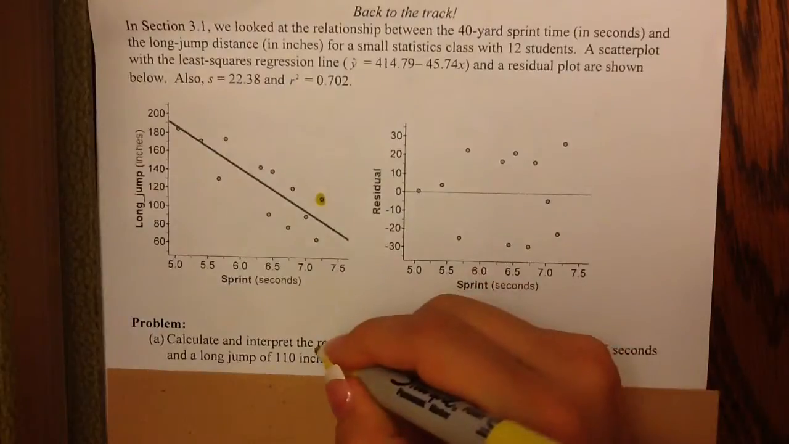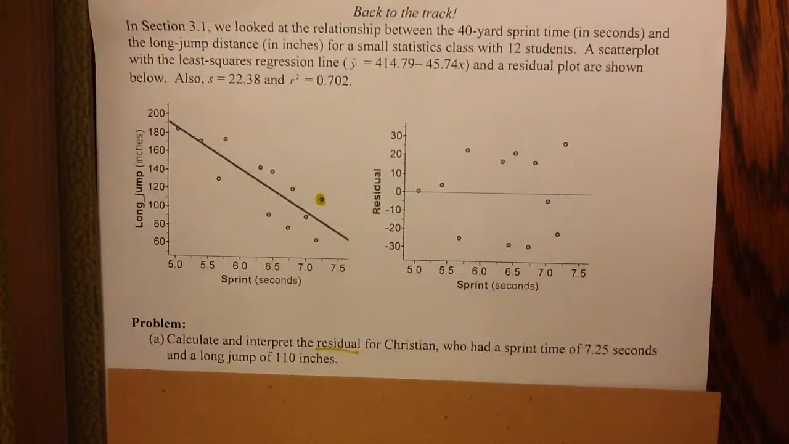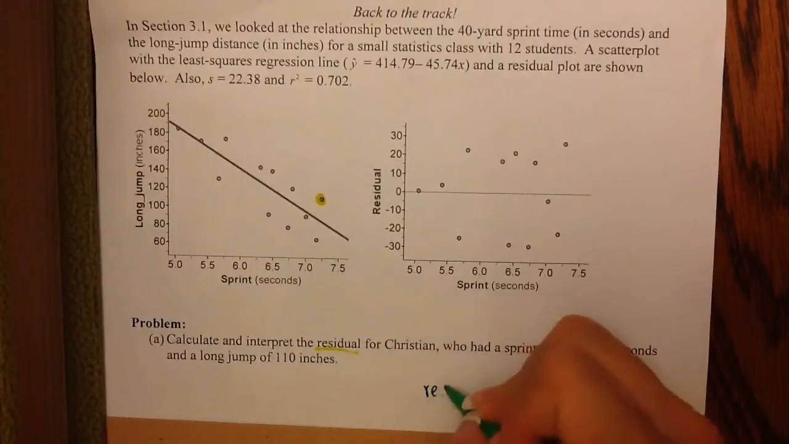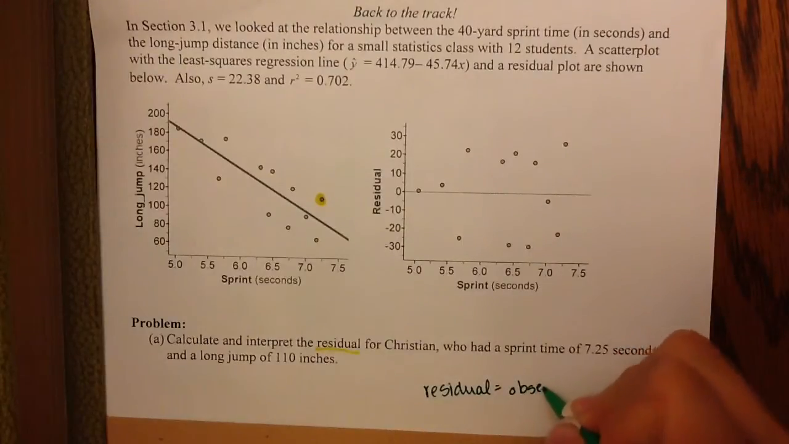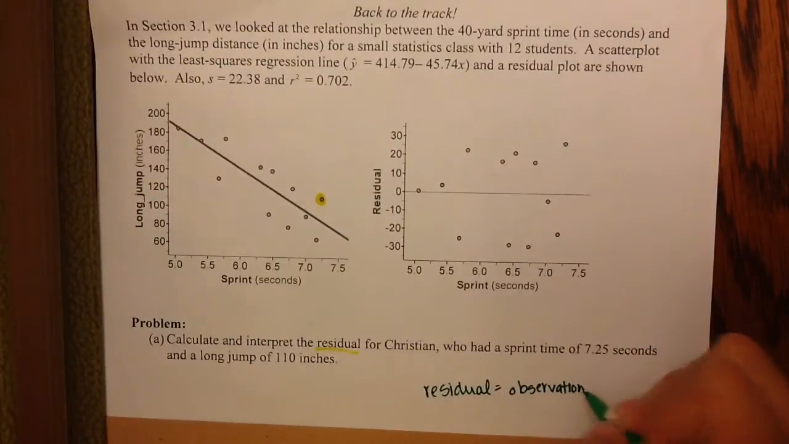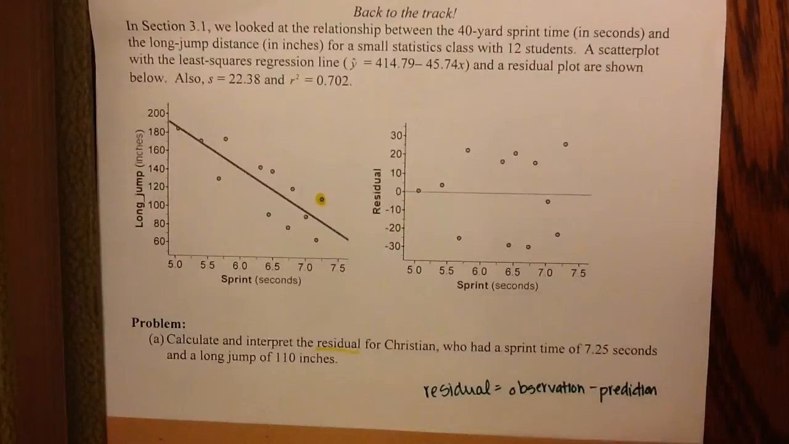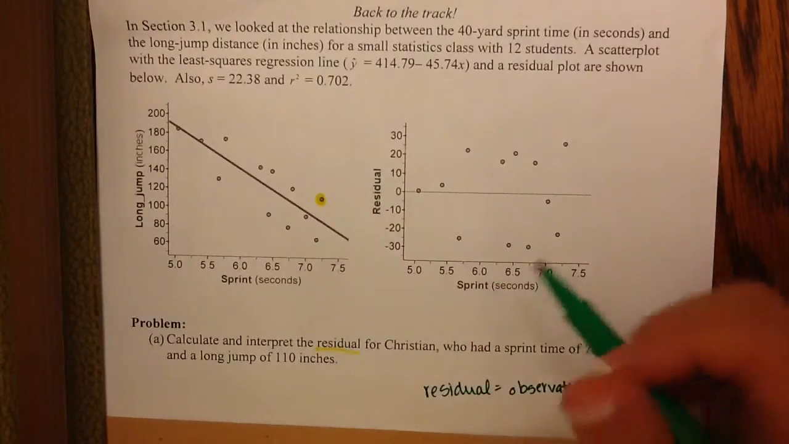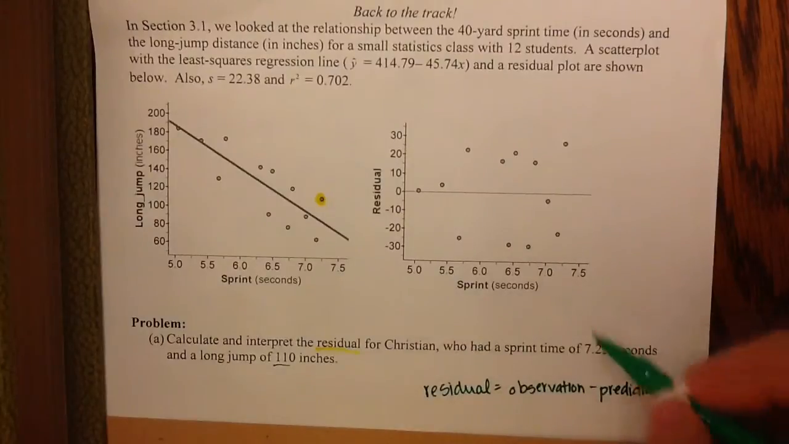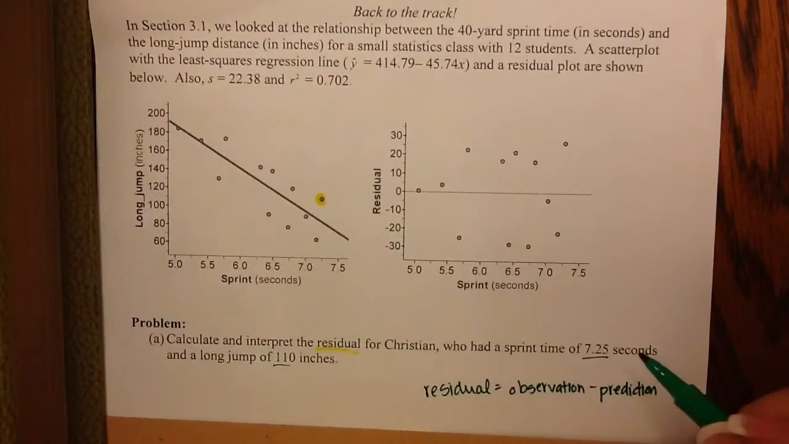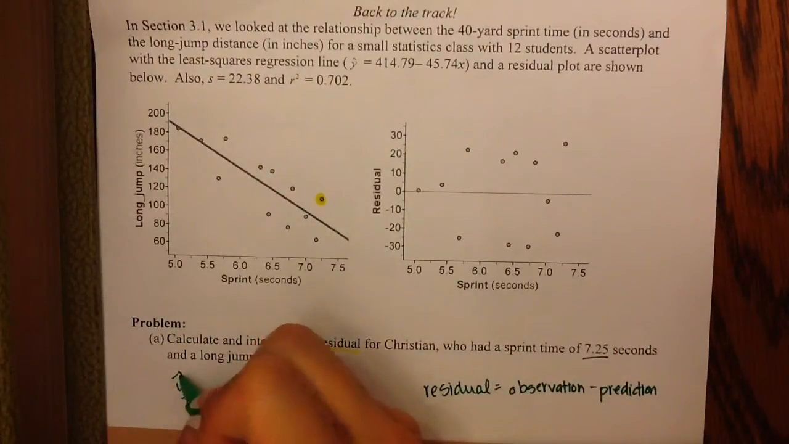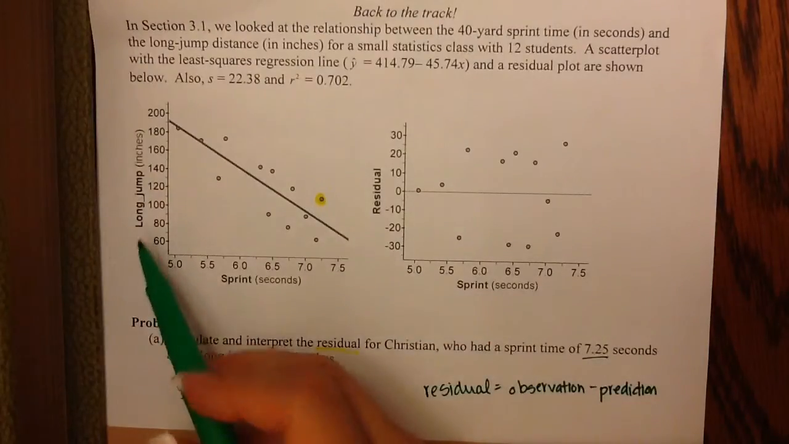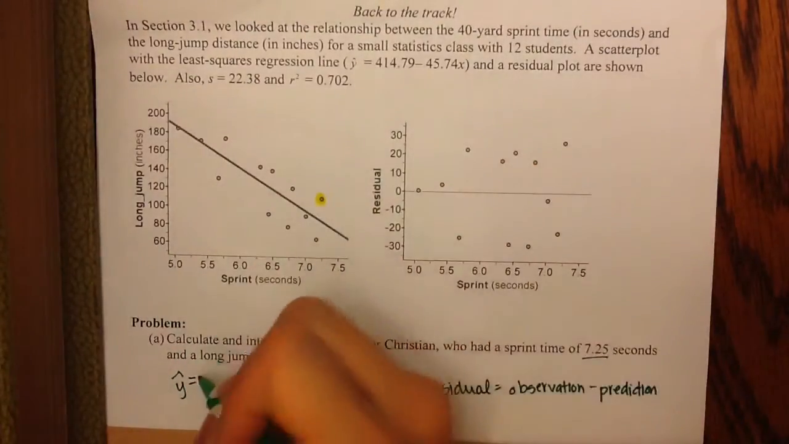Now if we're going to calculate the residual for him, the residual is the observation minus the prediction. Now we know what our observed value was. We know that there was a long jump of 110 when we plugged in our sprint time of 7.25. We just need to find out what our prediction is. So we're going to use that y hat because that stands for the predicted long jump, and that was given to us up here,